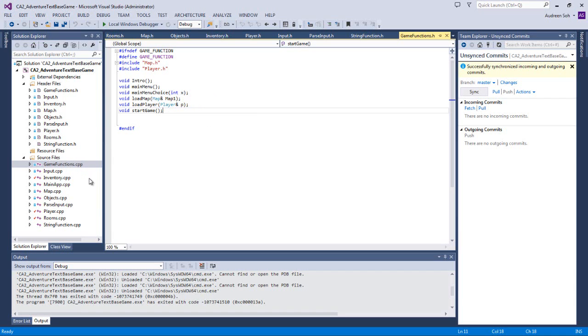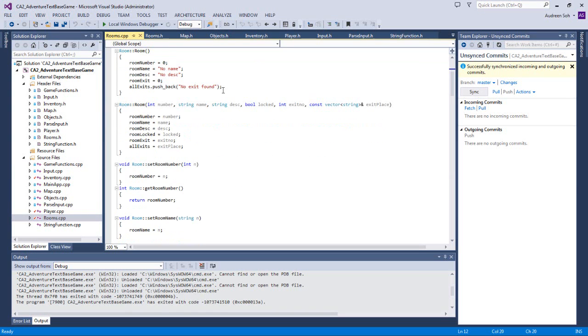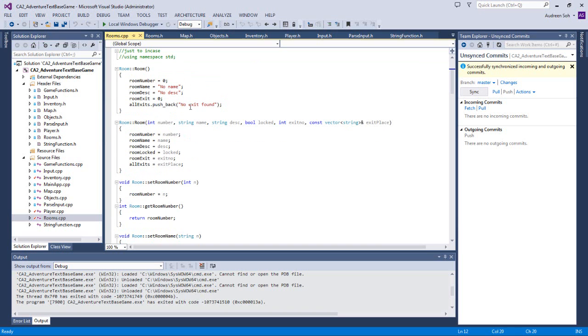So now we're going into the C++ file. Okay, I'll just go from rooms. I just don't know where to start. So in the room there is the default,